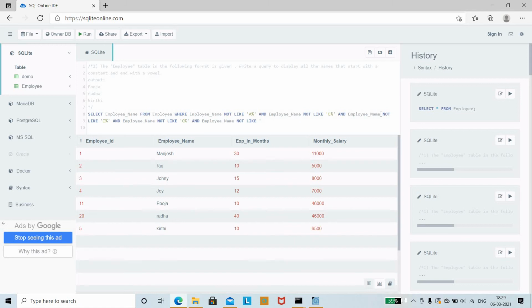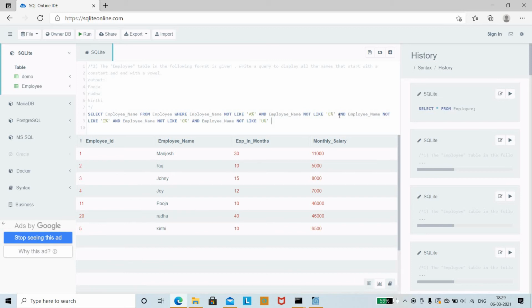You can use either capital or small letter. So now we are done with the starting letter: it should be a consonant, it should not be a vowel. Therefore we have used not like followed by the vowels.